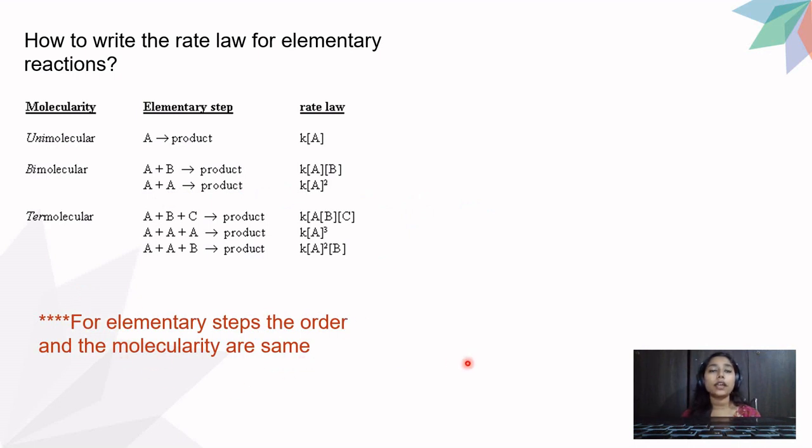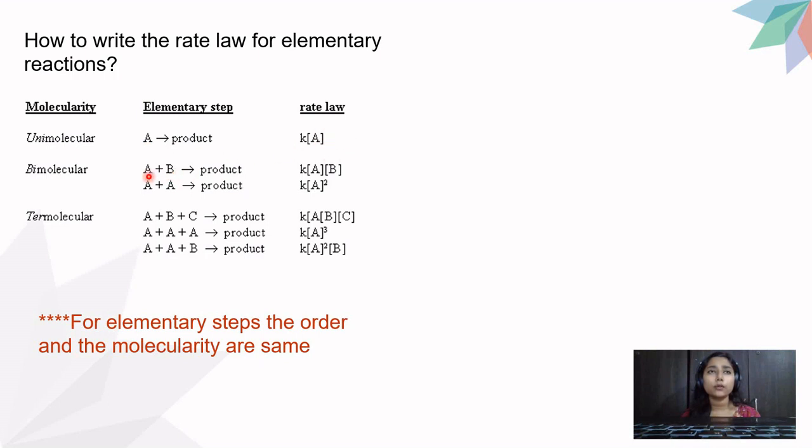Now in the last video I had stated, in the points to remember for writing the rate law, that the order is never the same as the number of molecules, the stoichiometric coefficient. More specifically, I had said that the stoichiometric coefficient and the order can never be the same. Yes, that is true, but that is only applicable when you write the overall reaction. When you write the elementary steps, the number of molecules and the order of the reaction are both the same. So the molecularity and the order are the same. Here the molecularity was 1, the order is also 1.